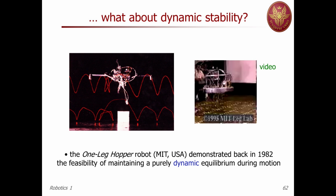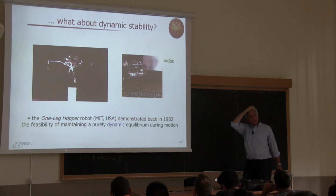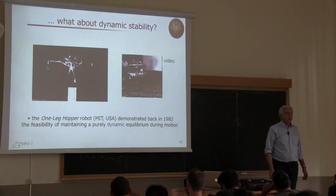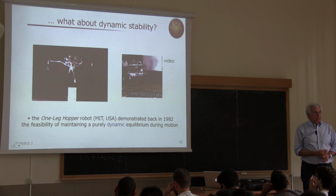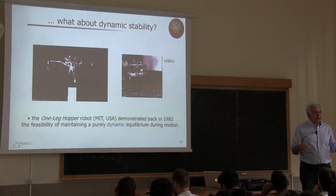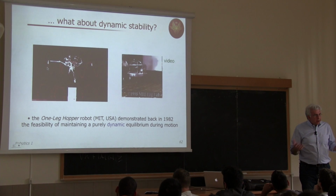mobility with many degrees of freedom, humanoid walking, but don't forget that the dynamic stability and balance is a long-standing topic, and you have already seen in this historic video issued in year 2000 some of the early attempts to keep balance while moving and not just in static condition. And this is a requisite